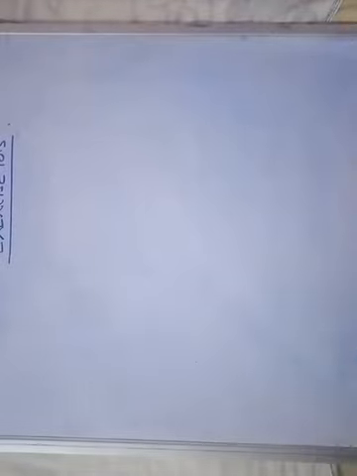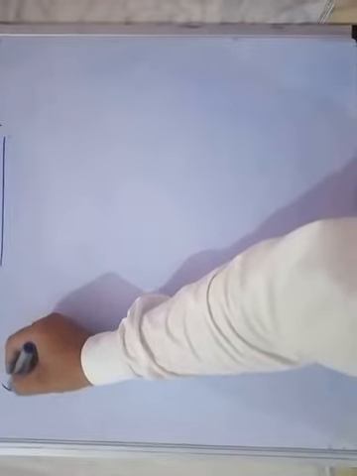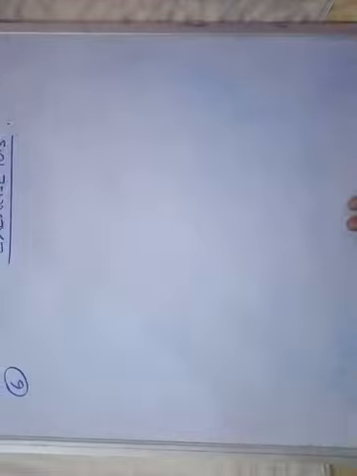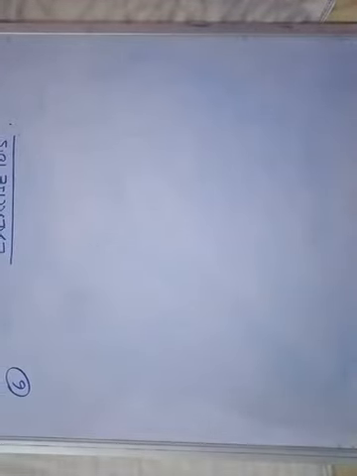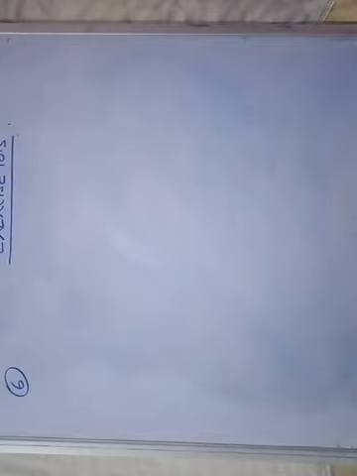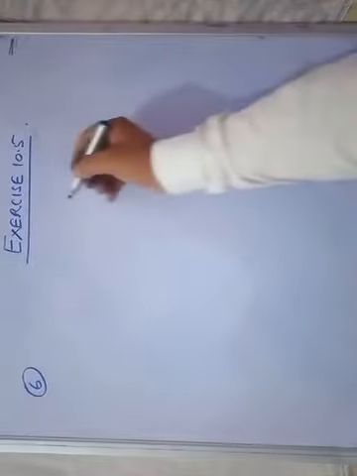Okay. Question number 6 of this exercise. ABCD is a cyclic quadrilateral whose diagonals intersect at point E. If angle DBC equal to,